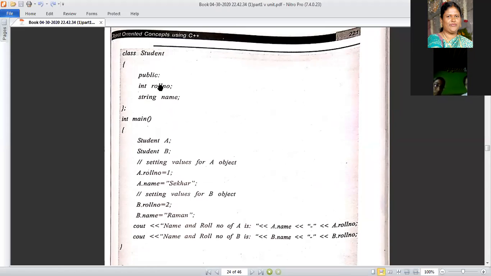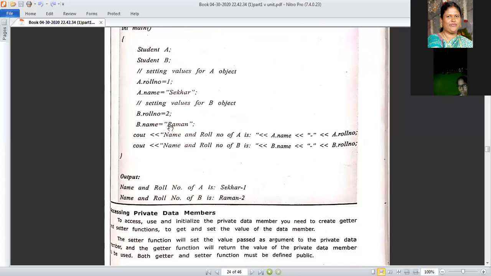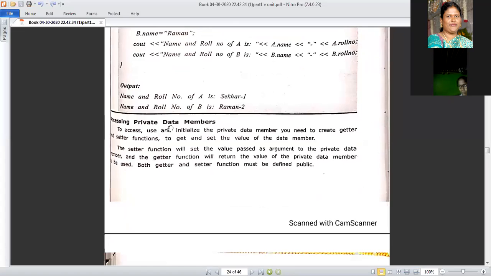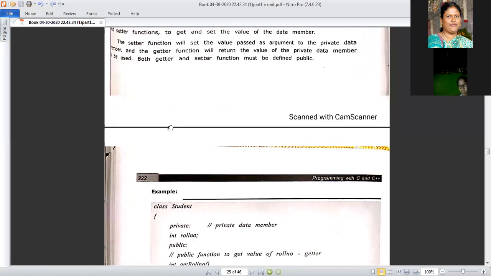Whenever you have the data members, whatever it may be, I already told you, on data we can do three operations. One is accessing the data, in the sense we can write operation, otherwise read, getting the data, or setting the data, and another one is mutation. Mutation means updation, making changes to the data. So here this is not the proper way, but you can write it, there is no issue, but it is not the proper way.